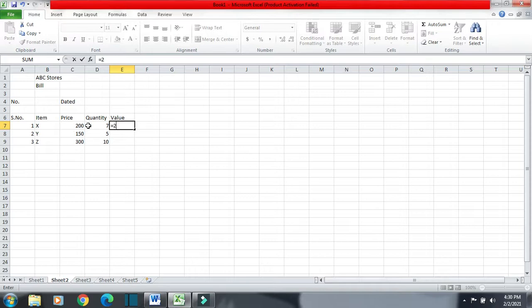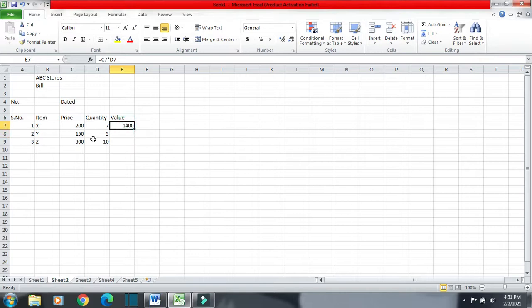Either I can write like this, 200 into 7, I will get my answer. Otherwise I can write the cell address also in the formula. Equal to, the address of this cell is C7. It will take the value of C7, then multiply, then D7, and then press enter.